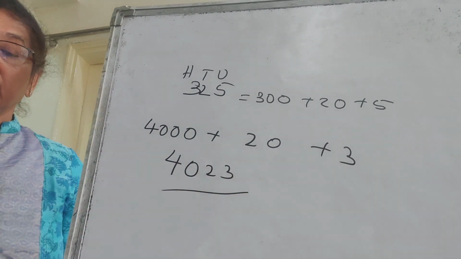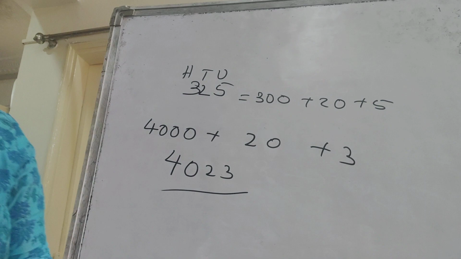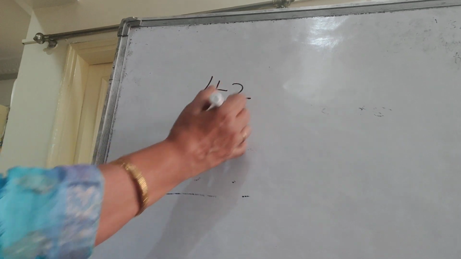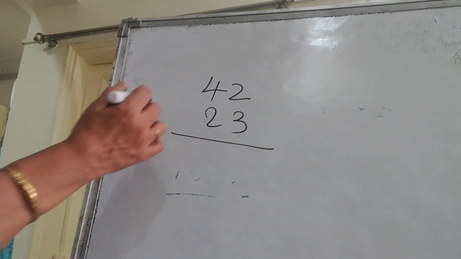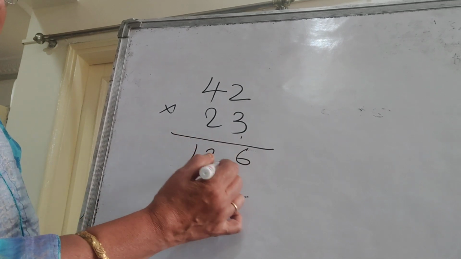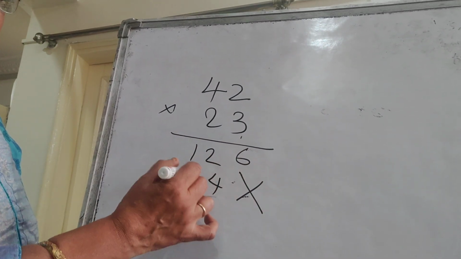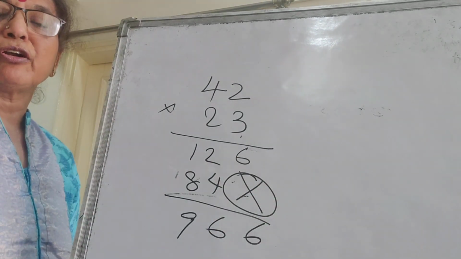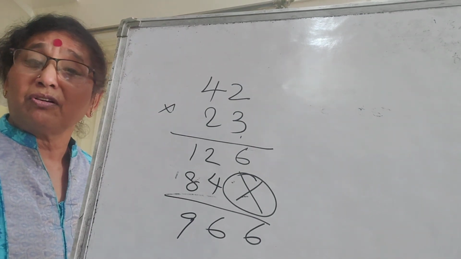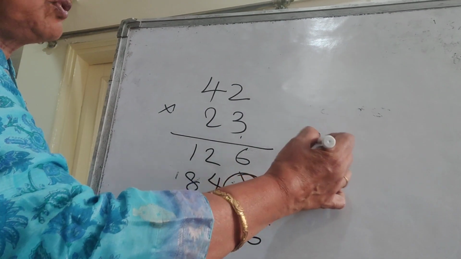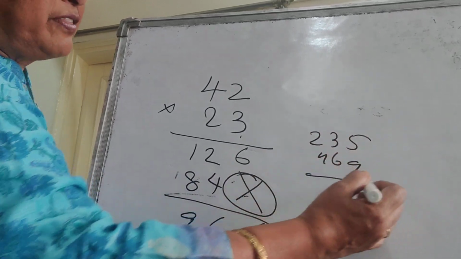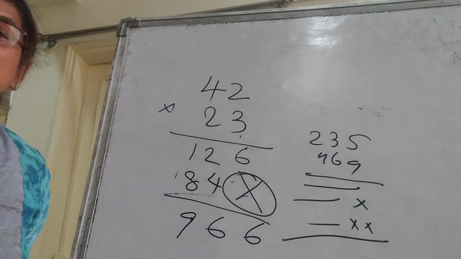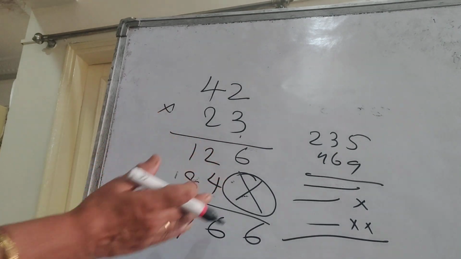That's what he learnt. Now when we're teaching multiplication, I don't think many of you know, when I do 42 into 23, you write 3 twos are 6, and you're teaching the child this, then put a cross here and 4 and 8, and then we add. What is the meaning of the cross? You ask, majority will not know. Teacher has said put a cross, and if it is 2, 3, 5 and 4, 6, 9, then I multiply with 9, then put a cross, then put 2 crosses and so on and so forth. You do the sum. But what is the meaning of this?